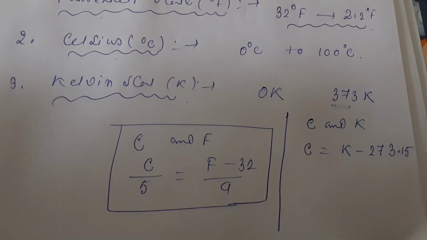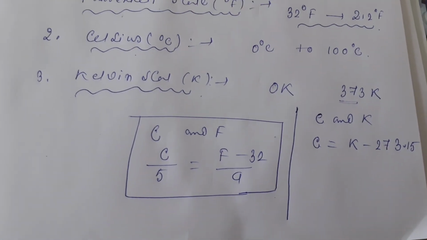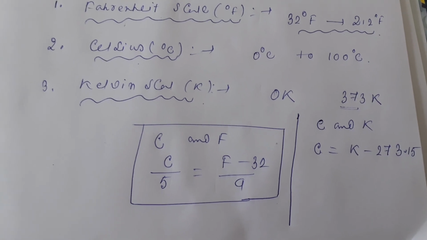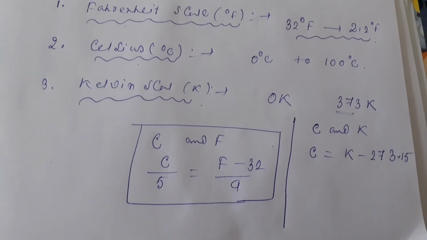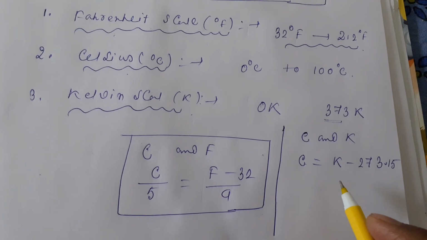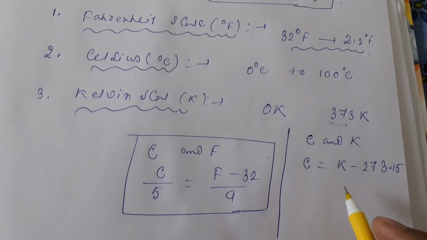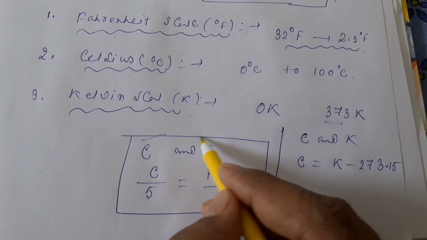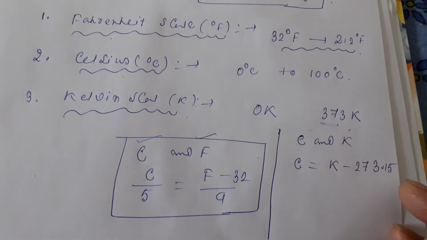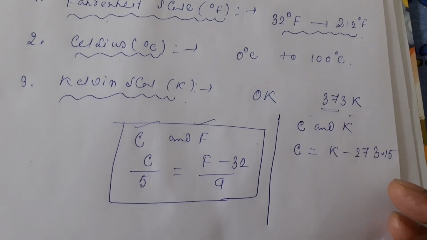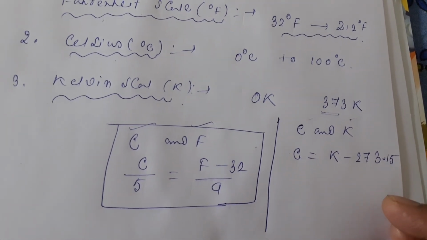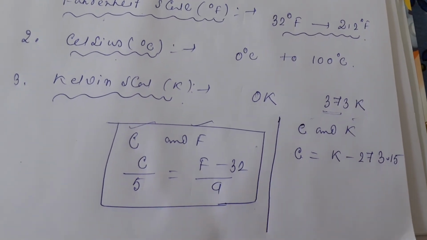So these are the relations between all these things, and there is one diagram, one box, on page number 47. You can see that one in your book, all the relationships between Celsius, Fahrenheit, Kelvin, how each and every one is related to each other. Okay, so remember this one, because numericals may come from here.